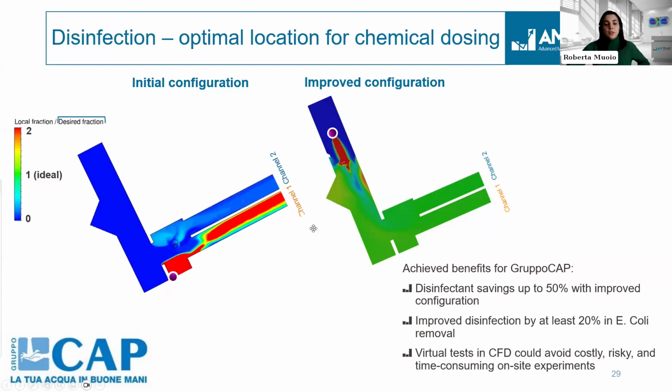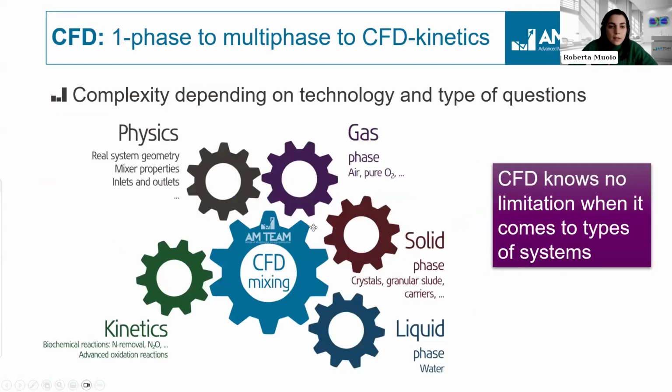So this was a first simple case, let's say, a one-phase model, with only the liquid or water phase involved. But in the water industry, we know that there are many other, more complex case examples, which also involve, for example, gas or bubble rising, for example in aeration, oxygen transfer, and so on. So here we would like to